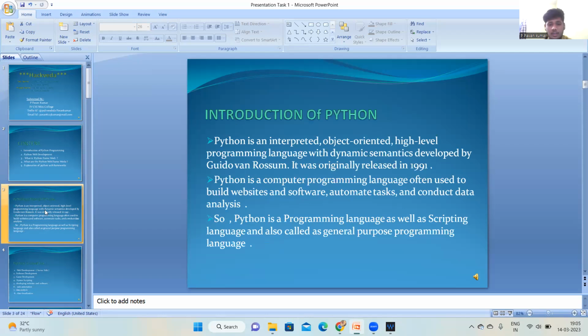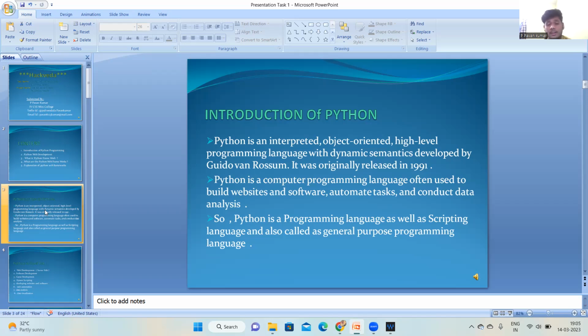Coming to the introduction of Python. Python is an interpreted, object-oriented, high-level programming language with dynamic semantics. It was developed by Guido van Rossum and released in 1991. Python is a computer programming language often used to build websites and software, automate tasks, and conduct data analysis. It is a scripting language as well. It is free and completely open source.